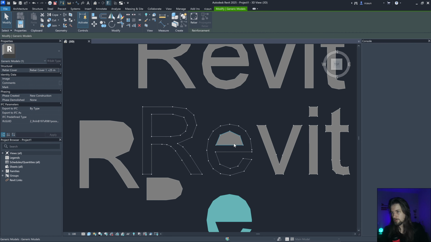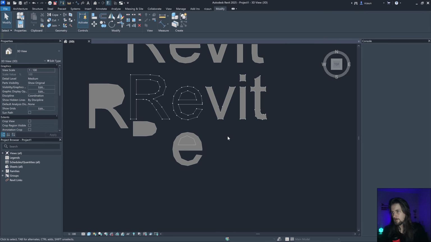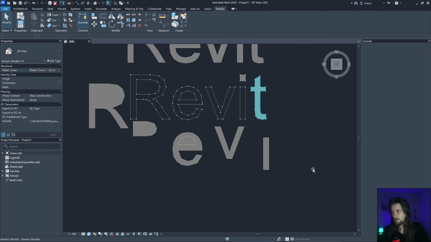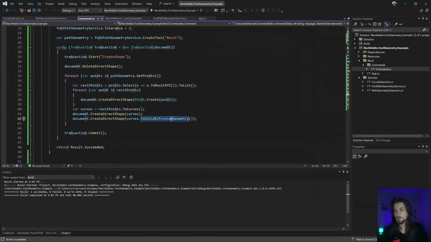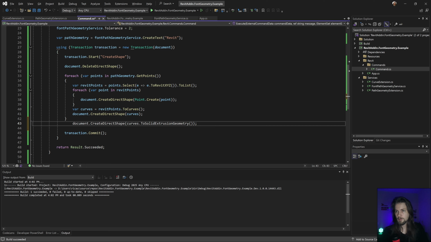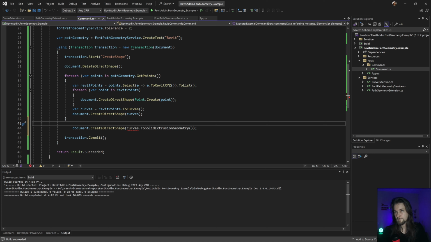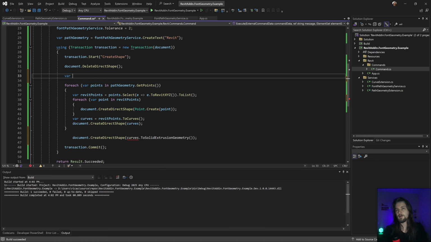Not yet, but yeah, this one, this is a solid, this is another one. Yeah, now I need to connect these two actually, and this is another one. Yep, another one, yeah, each one is one. Great, kind of makes sense, because I'm actually getting the points and creating one extrusion for each one. Yeah, that kind of makes sense. Now we can do something like that. Let's create a var.